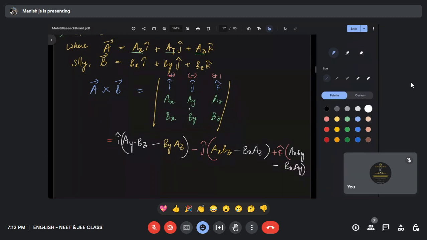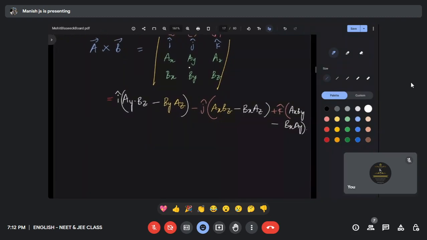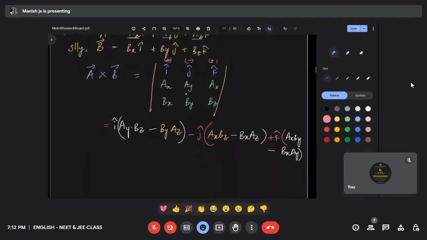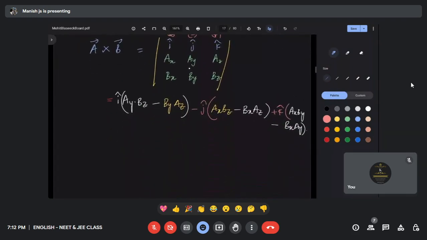So now we are moving on. So this is the basic idea that you need to know. So we are done with the matrix method. So now we will move on to the general method of doing it. So if I have two vectors, say vector A cross vector B, in general, if I'm going to find out the cross product, then the formula would be